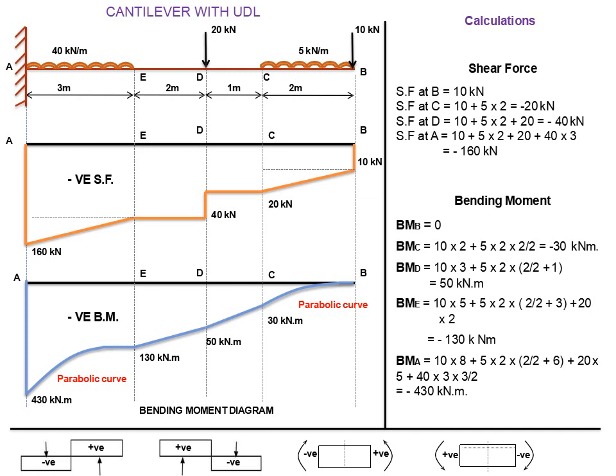And next you have to find the bending moment. Bending moment at point B is 0, because there is no load on point B. Next, the bending moment at point C: from B to C it carries one point load and one UDL load. So we get the bending moment at C as, due to the point load, 10 into the distance up to C, 2, 10 into 2, plus due to the UDL load 5 into 2 into 2 by 2. For a UDL load the moment formula is load into distance by 2. Substituting this, we get the bending moment at C as minus 30 kilonewton meter.